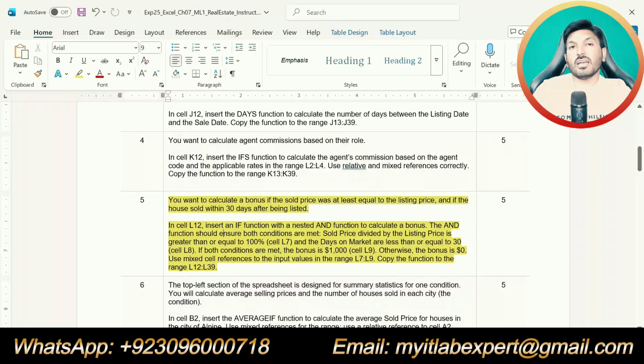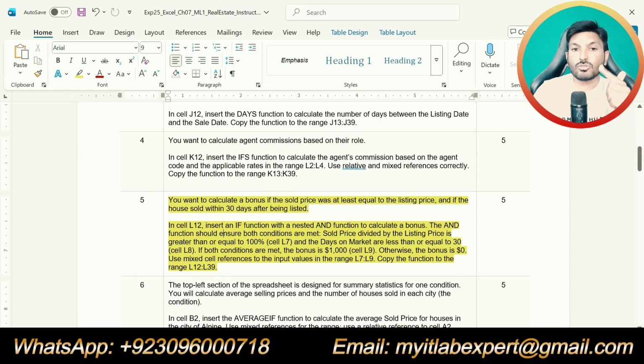Step number 5 is you want to calculate a bonus if the sold price was at least equal to the listing price and if the house sold within 30 days after being listed. In cell L12, insert an IF function with a nested AND function. That means we are going to use IF plus AND function in this step.